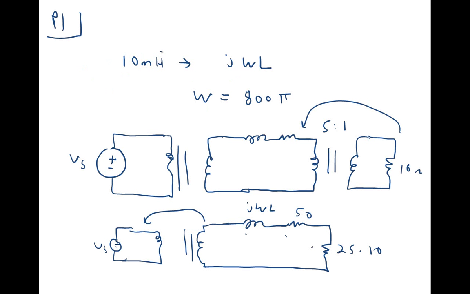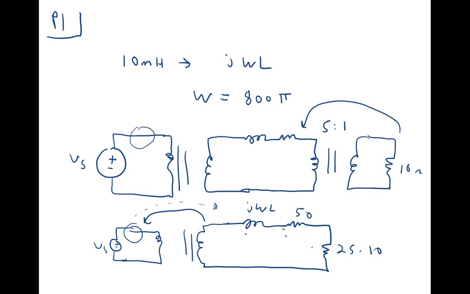Now technically, yes, you could reflect your source voltage here across the transformer this way. But you can only do that because there is no impedance here. There's no impedance between it and the transformer. If there was an impedance there, then you could not reflect that voltage. And since, as long as I've been teaching the course, students keep trying to reflect that voltage even when there is an impedance there, my advice would be do not reflect the voltage source across. It's only going to get you into trouble, especially on the pressure of an exam. So get out of the habit of reflecting that voltage source across now, and instead reflect these impedances across here